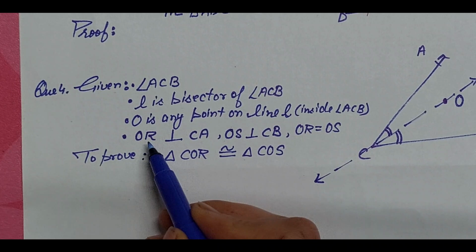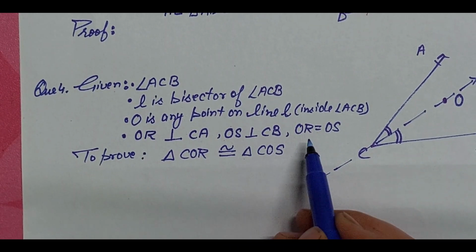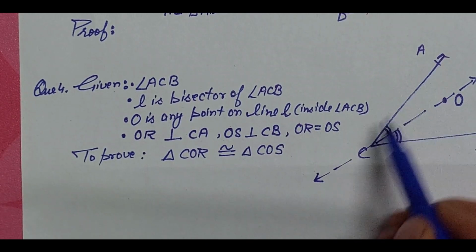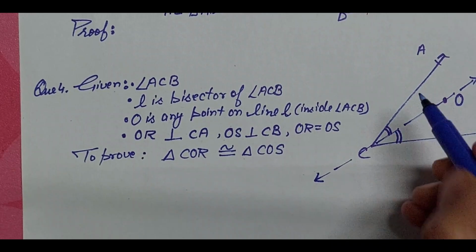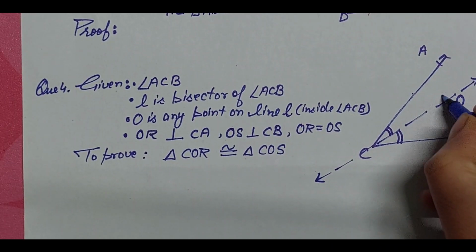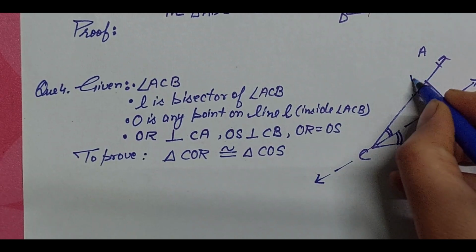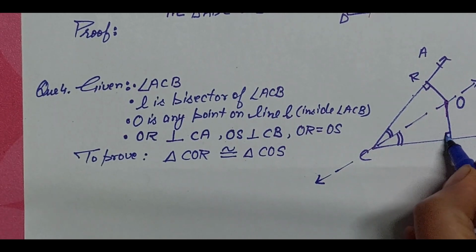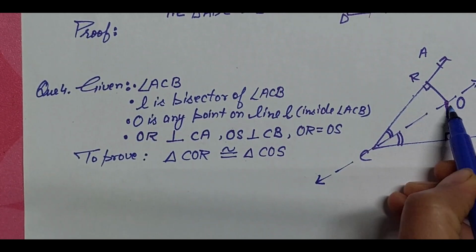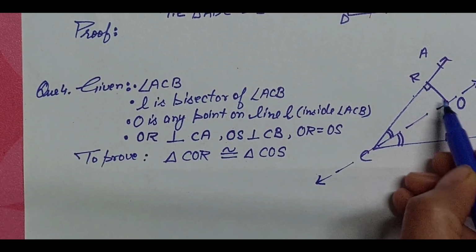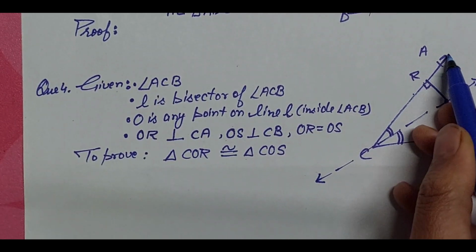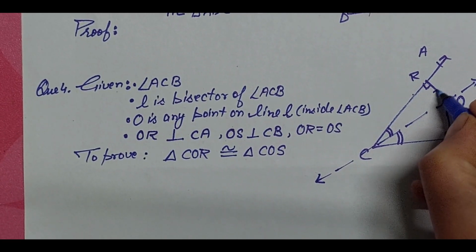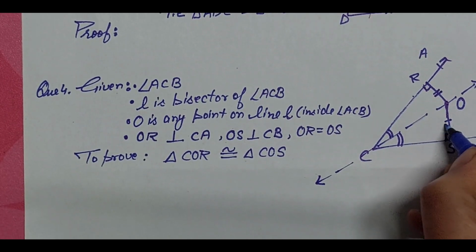Then we were given OR and OS are equal perpendiculars. The lines were like that on the arms of the angle. So these are the two arms of the angle, and OR and OS are the equal perpendiculars. First of all, they are perpendicular. OR is perpendicular, so this angle is 90 degrees, not this, because OR is perpendicular on the arm. Here OS is perpendicular on the arm, and they are equal perpendiculars. So that means this is also given equal to this.